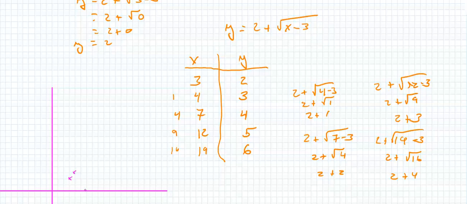Then 5, 6, 7, 4. 8, 9, 10, 11, 12, 5, and 13, 14, 15, 16, 17, 18, 19,